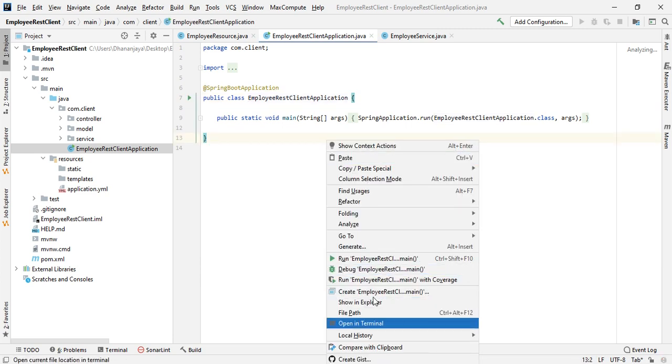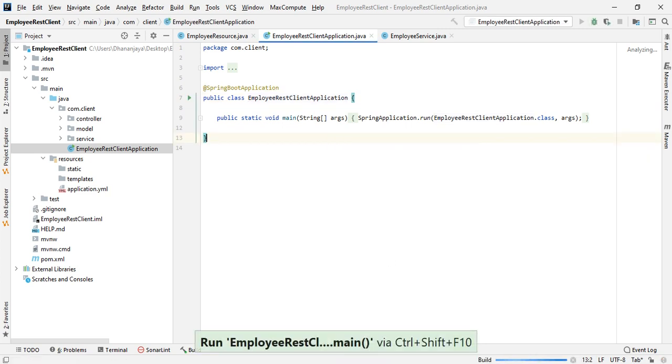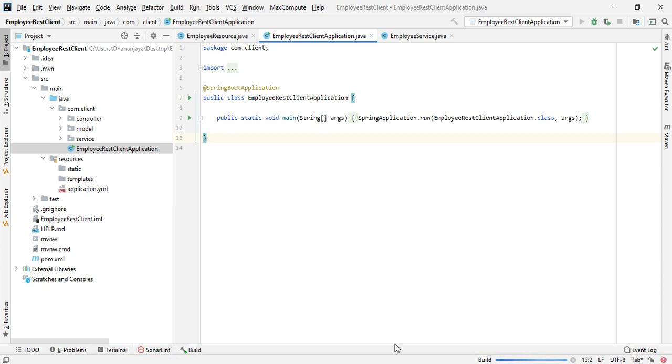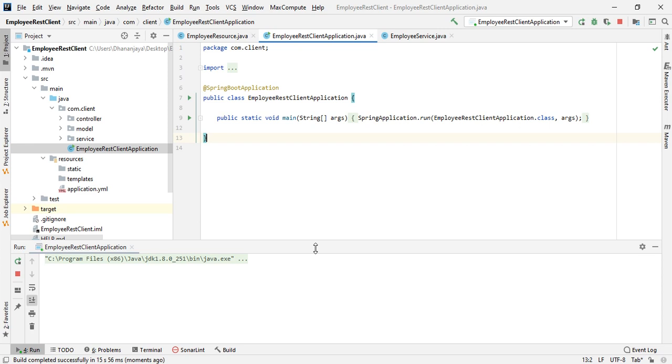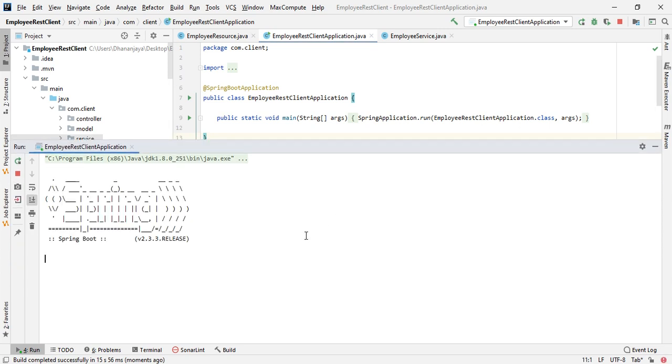Let's run the application. Yeah, it is getting up.